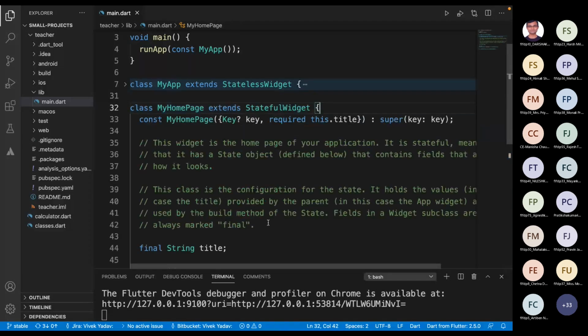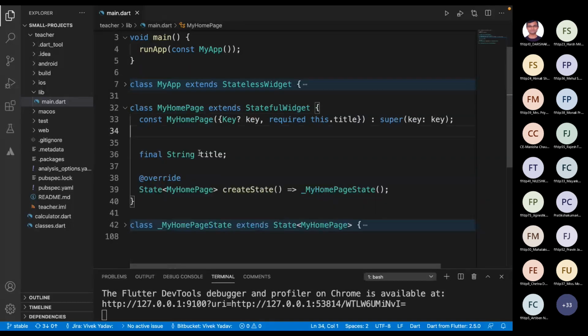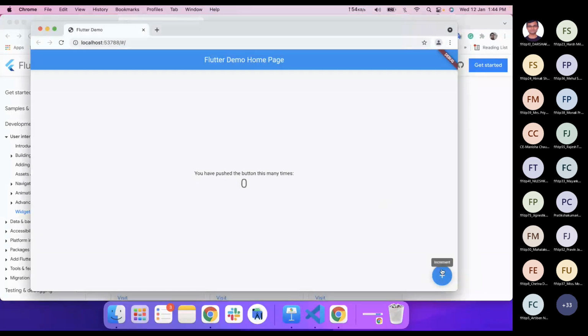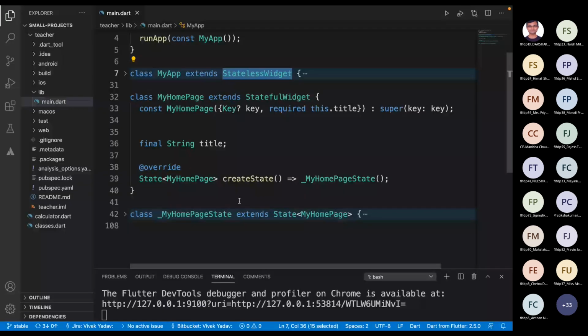In the main function, it needs this homepage class and the homepage state class, which is an implementation of the state class. So stateful always has a state, and stateless does not. This number is updating itself, and that is why we have a stateful class here.